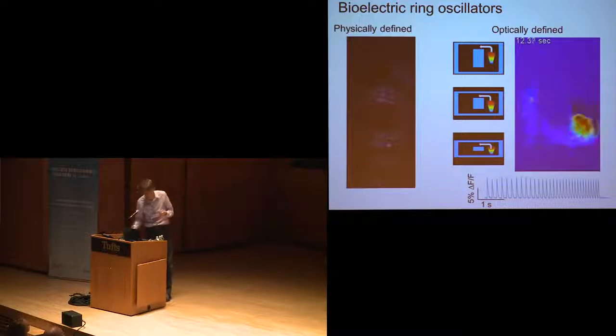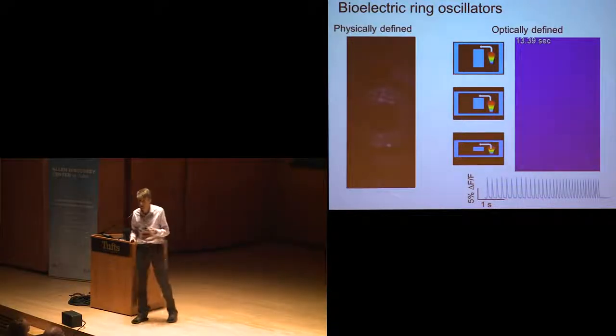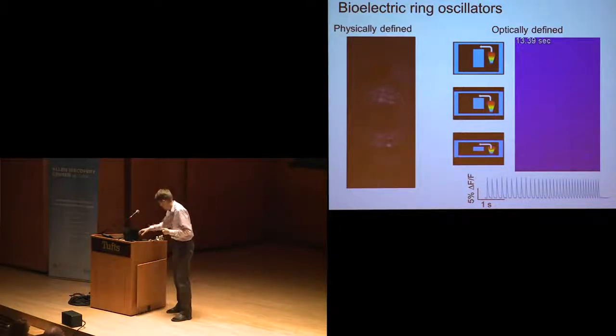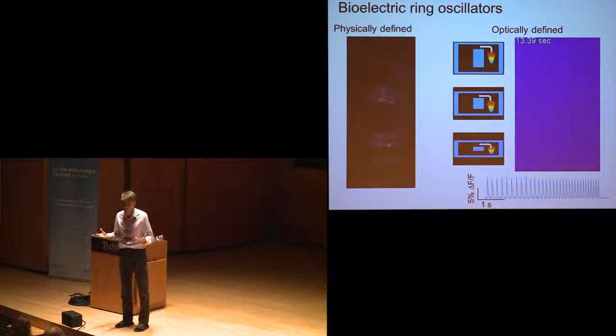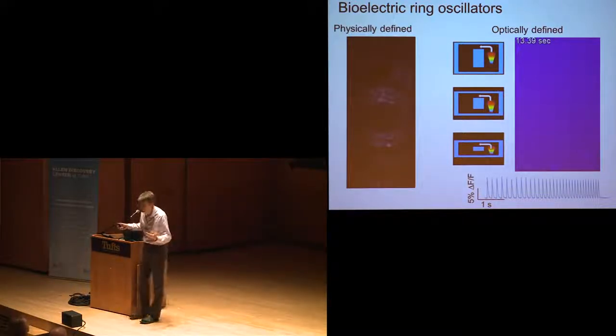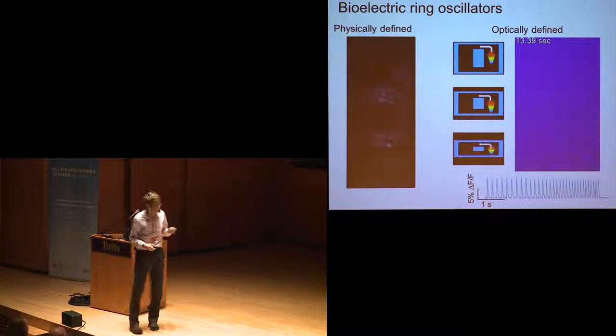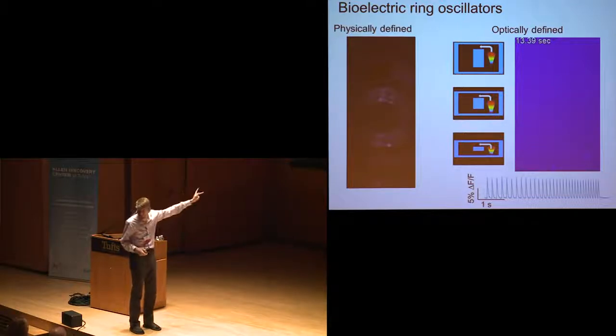We've been interested in using this to try to explore what are the conditions that lead to arrhythmic or irregular behavior. So in the heart, of course, this is a major medical concern. When people have arrhythmic behavior in the heart, it can be fatal. And it's challenging to understand in the heart because there are so many different ion channel components which contribute to the behavior. We thought, well, at least in this simple system where there's only two components, we ought to be able to understand when do we get arrhythmia and when do we get regular behavior.